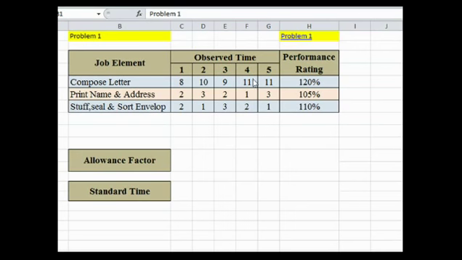So we have taken 5 readings. First time for composition of letter, it took, let's say in minutes, 8 minutes. Then